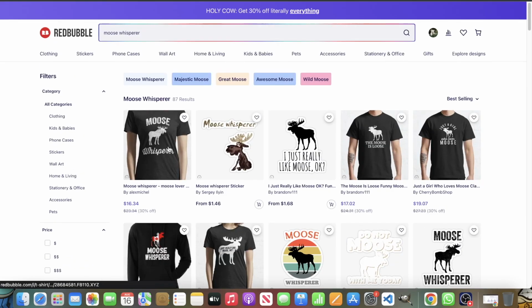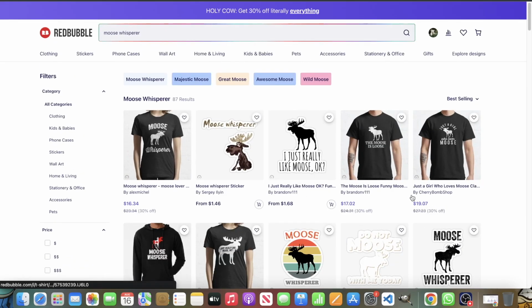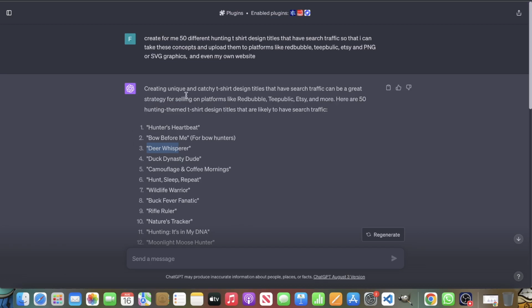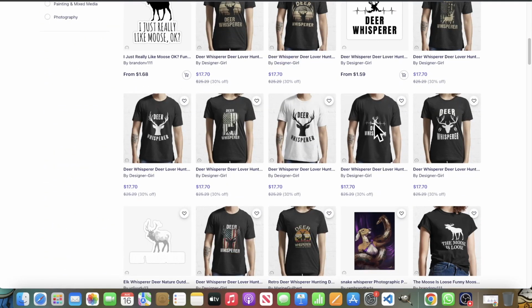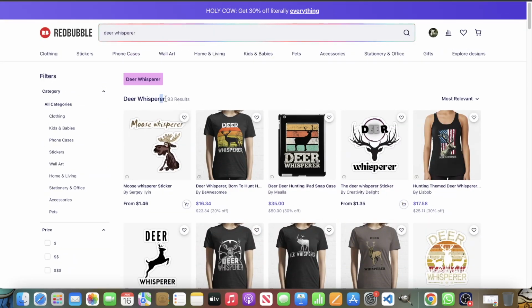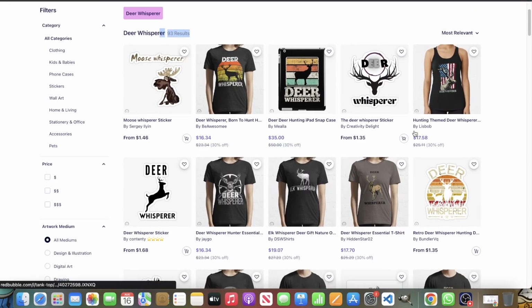But anyways, if you look at all these designs, the reason why this is a hit, if you haven't caught on already, is because this keyword, Deer Whisperer, is a hit, firstly because there's a niche that actually exists. On some level, there's a niche that exists. There are some sales, there's some money to be made, right? There's other designs that people are uploading. It would not get to this point of 93 results with a low amount of